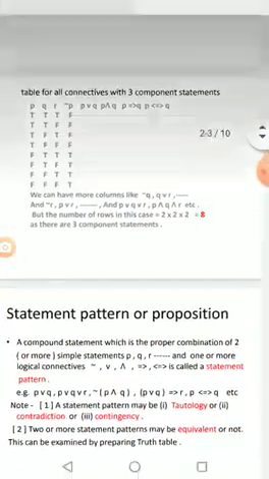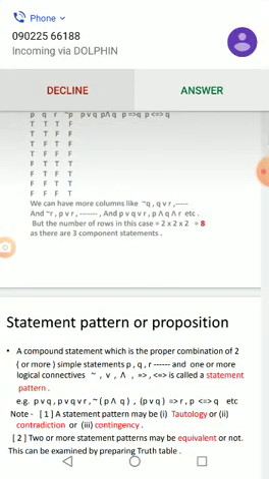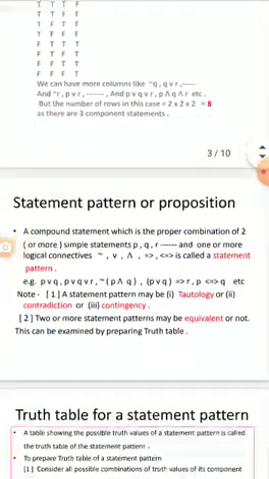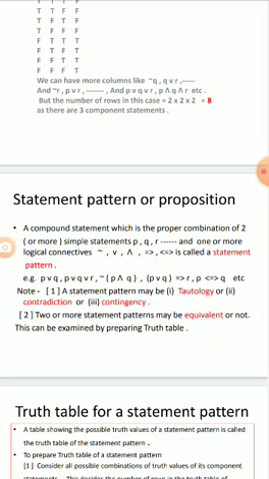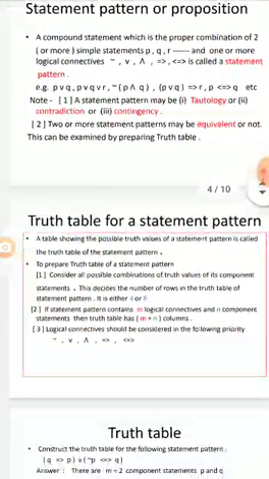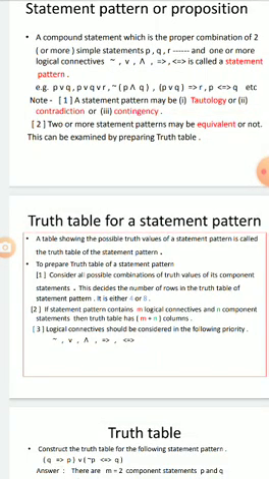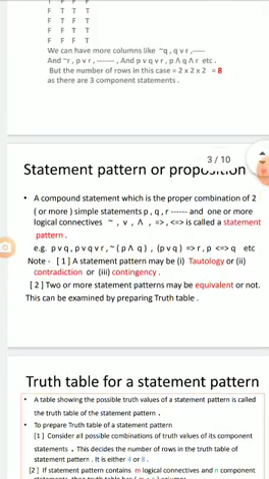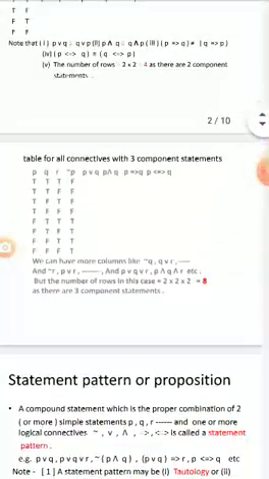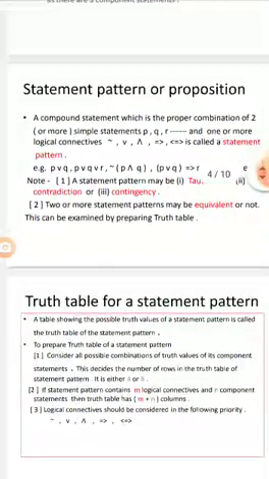Now it is a table, so it has rows and columns. Rows and columns means, how do we decide the number of rows and number of columns? Truth table for a statement pattern. Now first let us see what is meant by truth table for a statement pattern. Statement pattern means it contains two or more simple statements which are called components or component statements or prime statements.